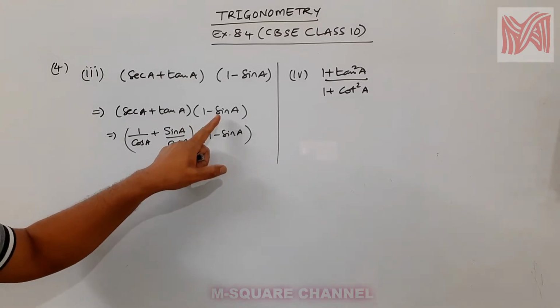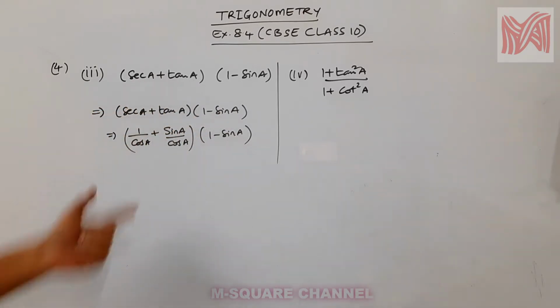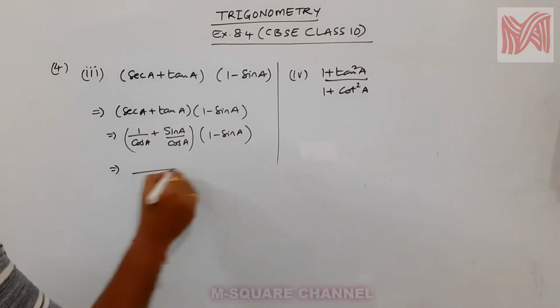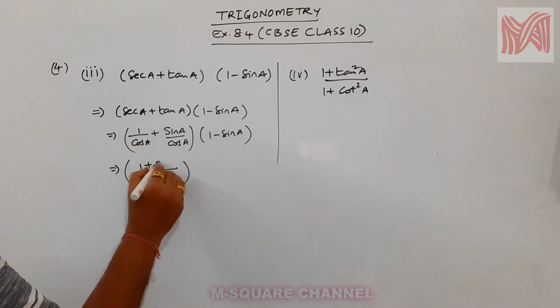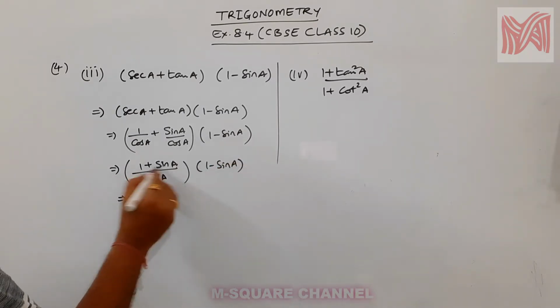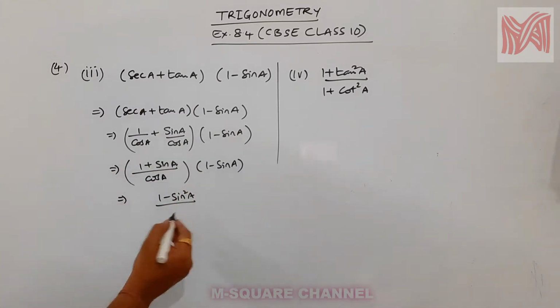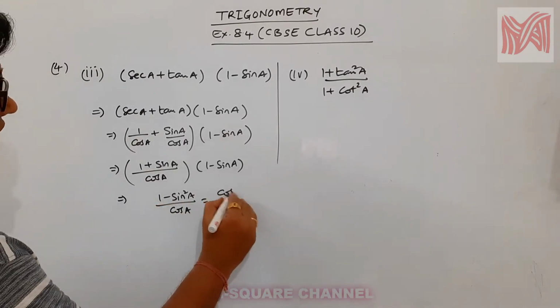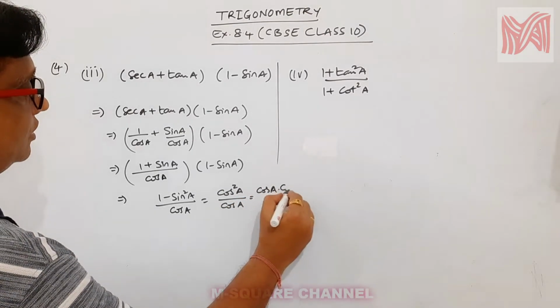Think about it. This 1 minus sin a we can't change, because this is the base; these two we can convert to sin and cos. That's why, according to the problem, we are going to follow. Please see here, cos a will be the LCM: 1 plus sin a into 1 minus sin a. So here (a plus b) into (a minus b), so 1 minus sin square a, because 1 square is 1, by cos a. 1 minus sin square a means cos square a by cos a. So cos square a means cos a into cos a.